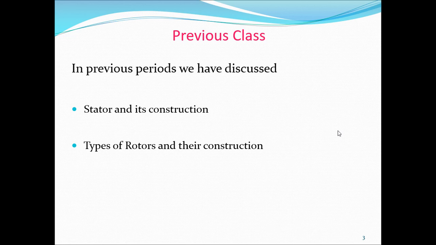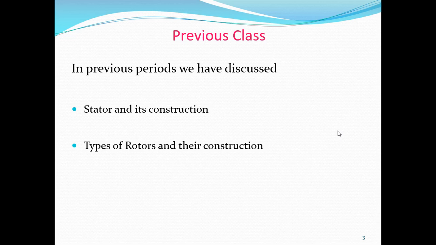The losses are in the form of heat. Because of this heat, it spoils the insulation of the conductor, which burns the motor winding. And another disadvantage is the output also is less. If all the power is wasted in the losses, the output is also less. And these rotors are employed for hydraulic turbines or diesel engines. So that is another feature of this salient pole rotor.